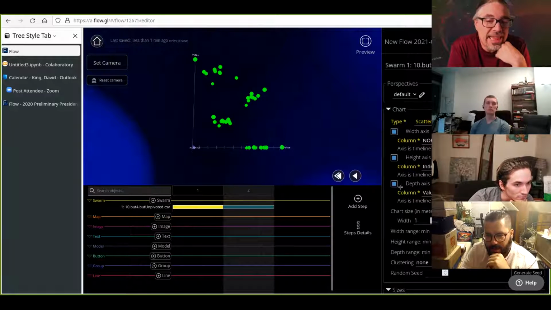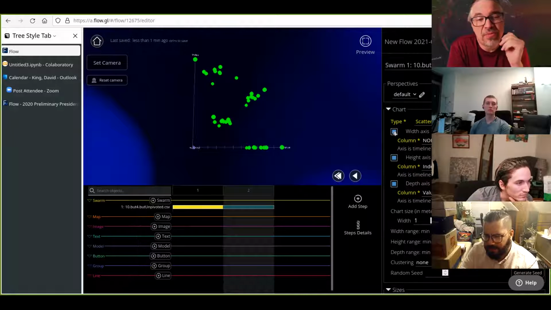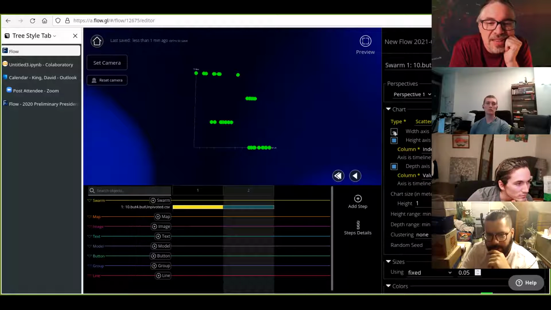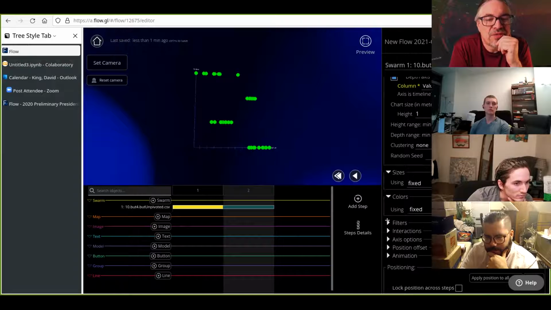And then so what I think I heard you say is, yes, you want to turn off the depth axis. So you can just click the checkbox for depth axis, width axis. You're right. There we go. And then I think you wanted to show 1 age at a time. Was that correct? Right. Okay. So if you scroll down, you're going to get to a filter. And those filters,